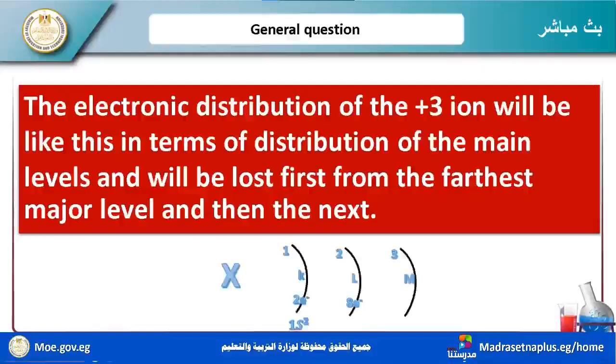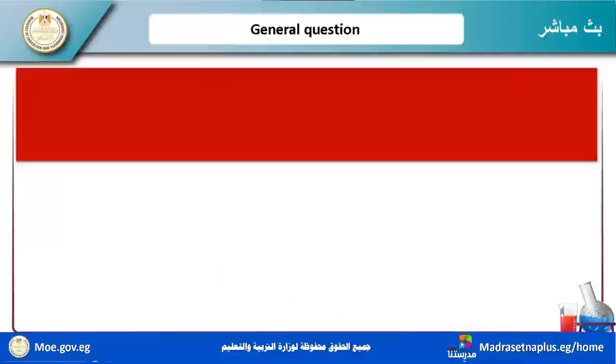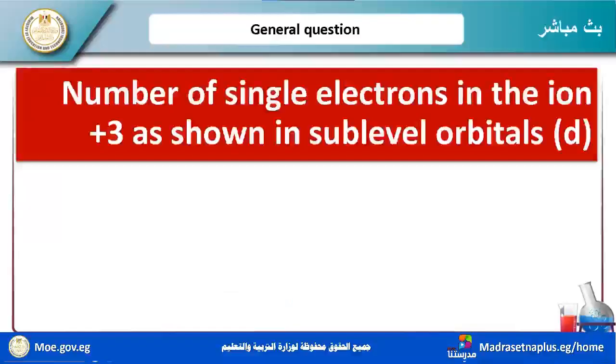Okay, you must review this electronic configuration. It's very easy to start from the electronic configuration, but you must know the basic information first. Okay, for the number of single electrons in the positive 3 ion, as shown in the orbitals,